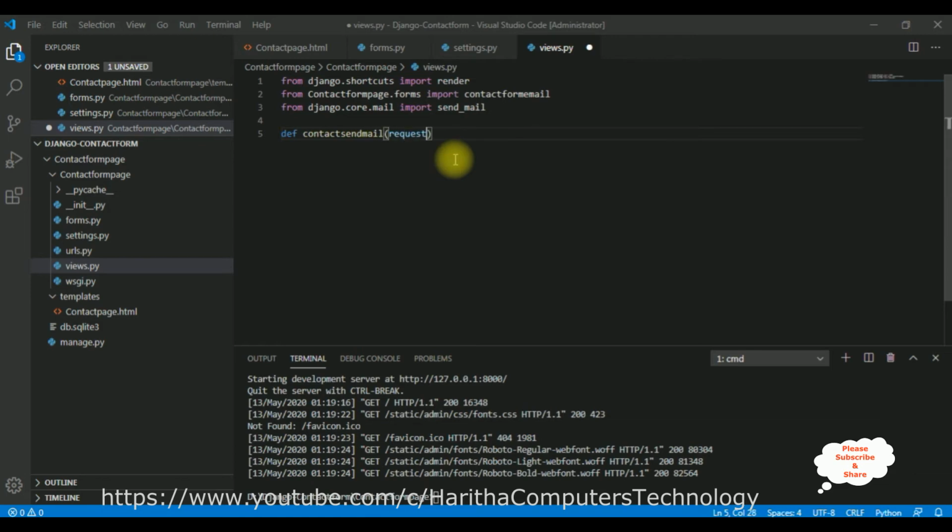Adding the request. The first condition is if the user visits this contact page, I want to display the contact elements, which are the from address, email ID, subject and message. So here if request dot